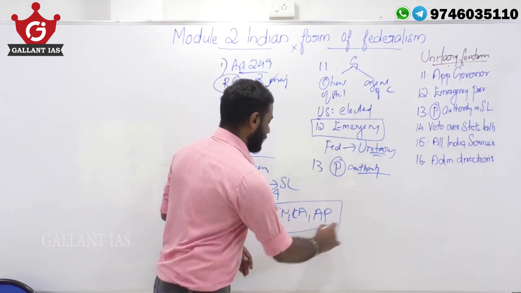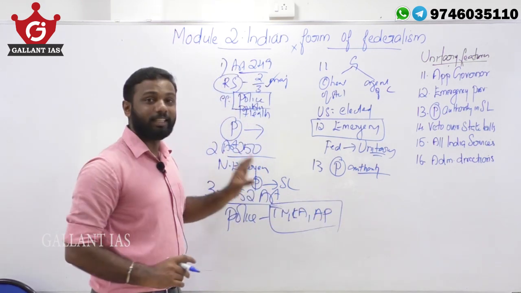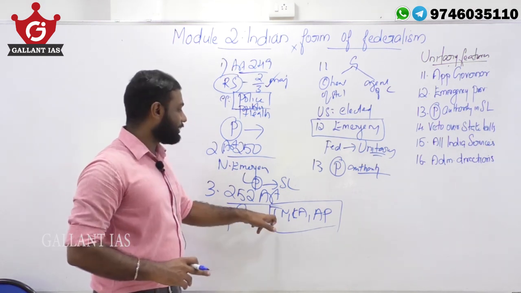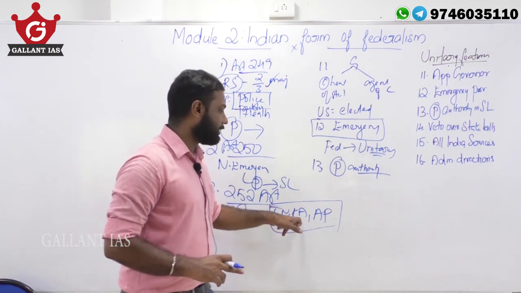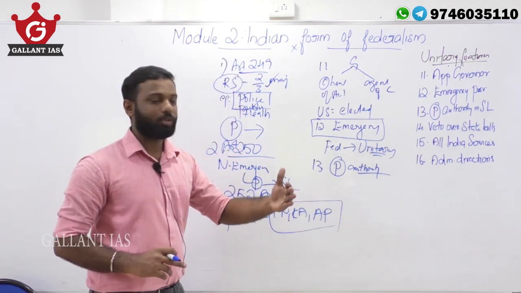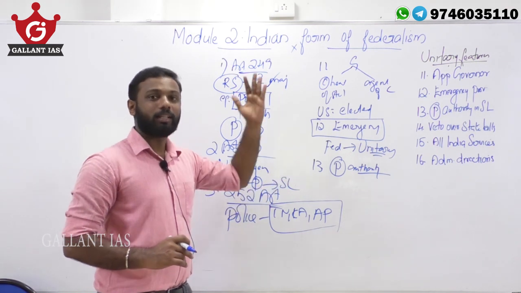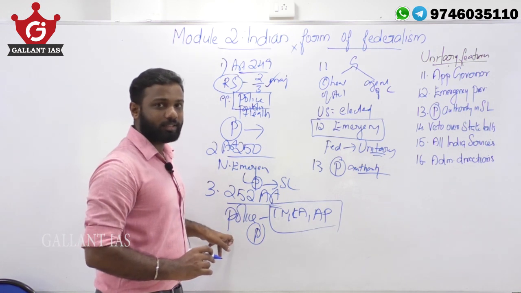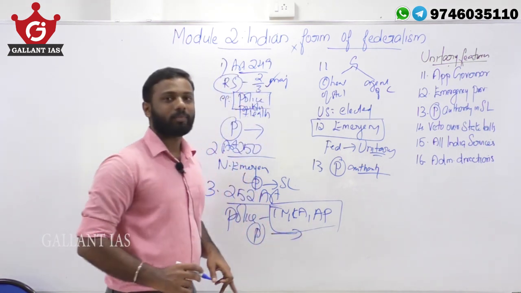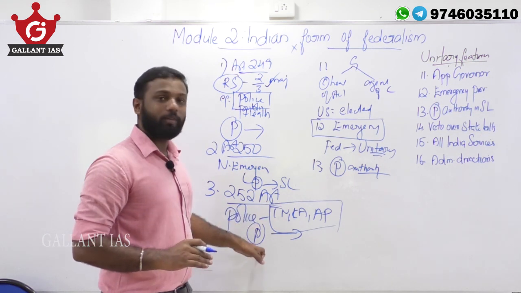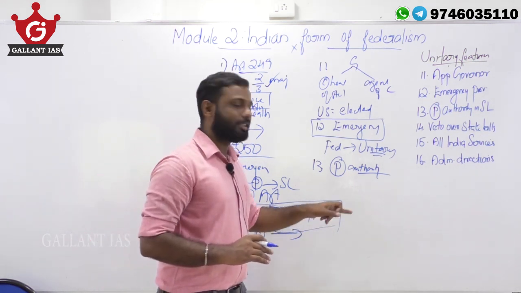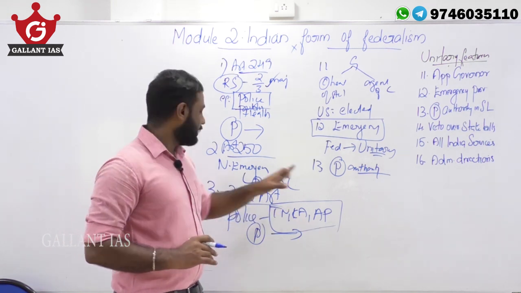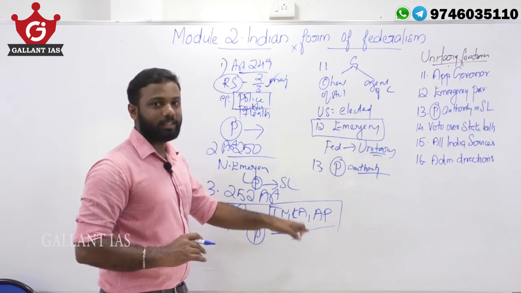Police is a state subject. Then the Tamil Nadu legislature, Karnataka legislature and Andhra Pradesh legislature pass a resolution to that effect and send it to Parliament. Now the Parliament can make a law regarding police for these 3 states. And one thing to be noted is that this law will be applicable only for these 3 states and not for the entire country. So based on the request of states, the Parliament can make a law on the concerned state subject.